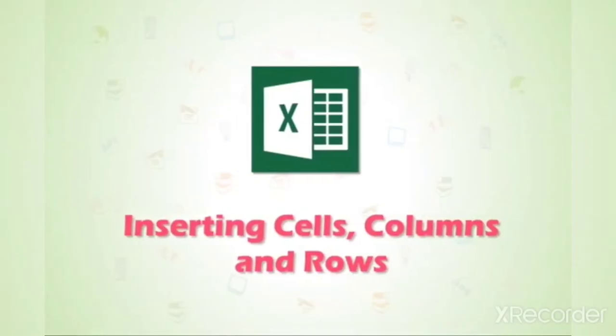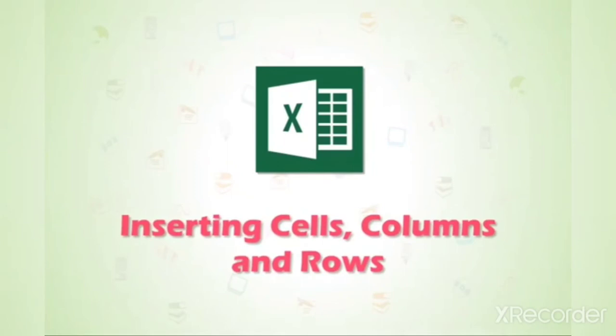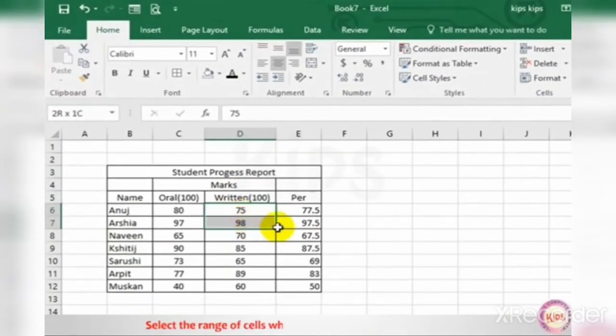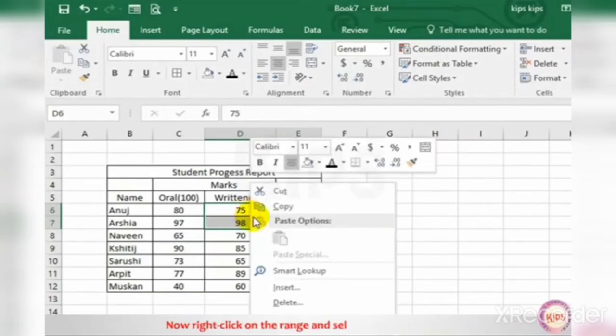Inserting cells, columns and rows. It is on page number 43 of your computer book. So, inserting blank cells. If you want to insert blank cells, select the range of cells where you want to insert blank cells. You should select the same number of cells as you want to insert in the spreadsheet. Like you can see. Now right click on the range and select the insert option.